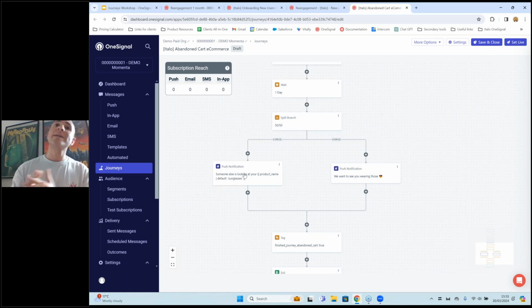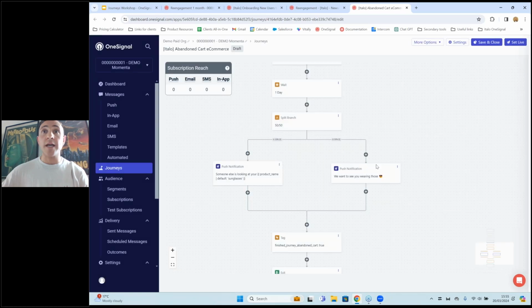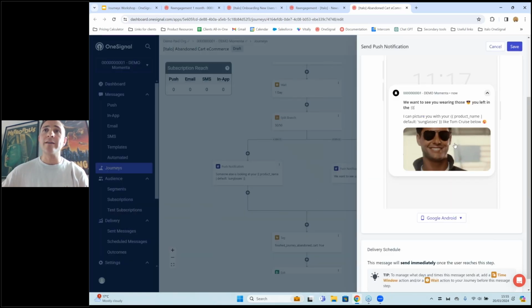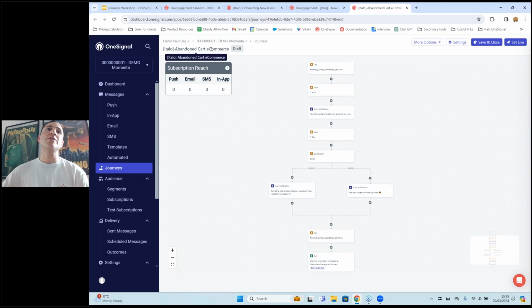A/B testing is the best data-driven approach that you can have to understand your audience, to understand which strategies work better, so that after testing a couple of times, 3 times or 4 times, you can see maybe patterns and make structural changes to the way that you're sending notifications. So in this case, we test one without image, and on the other side, we test one with the aviators there, Tom Cruise. Yeah.